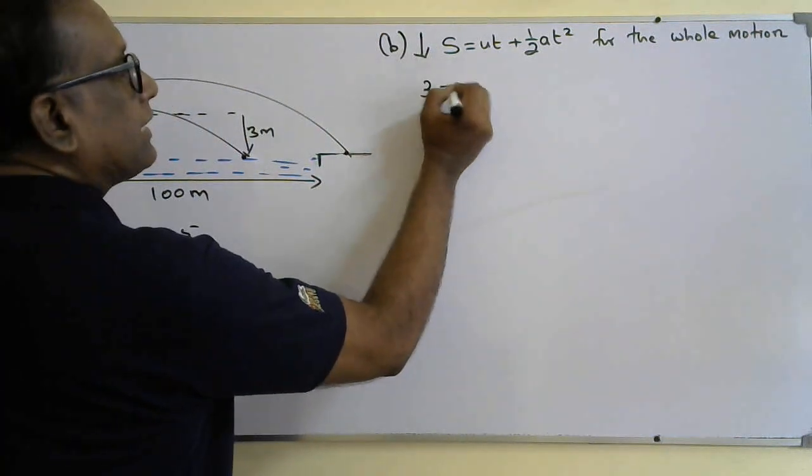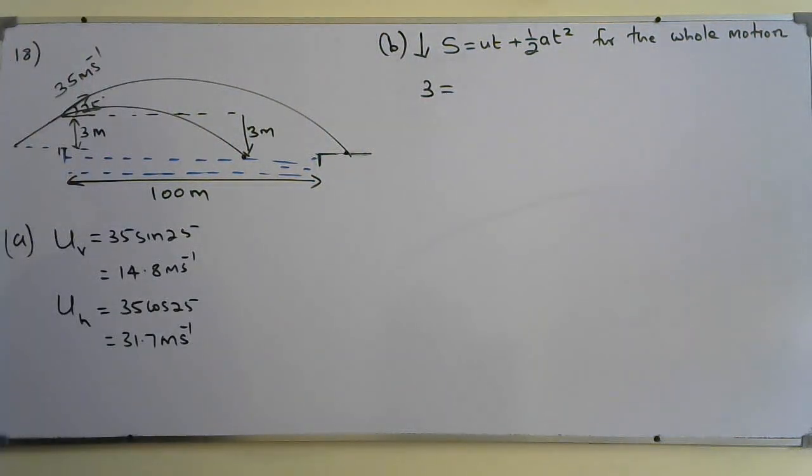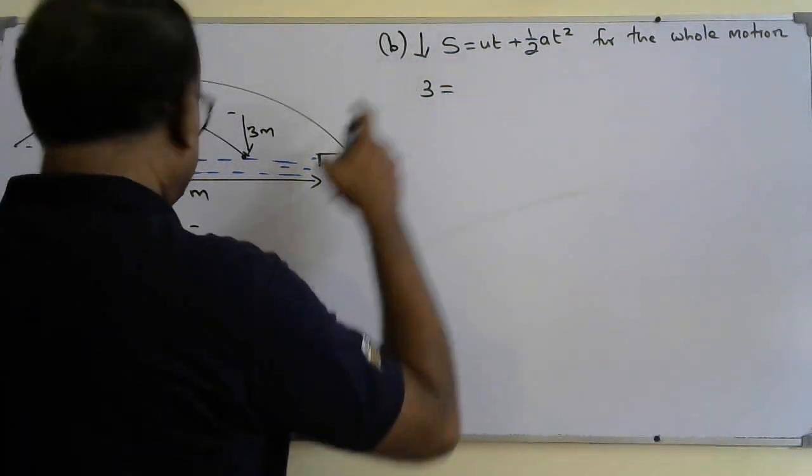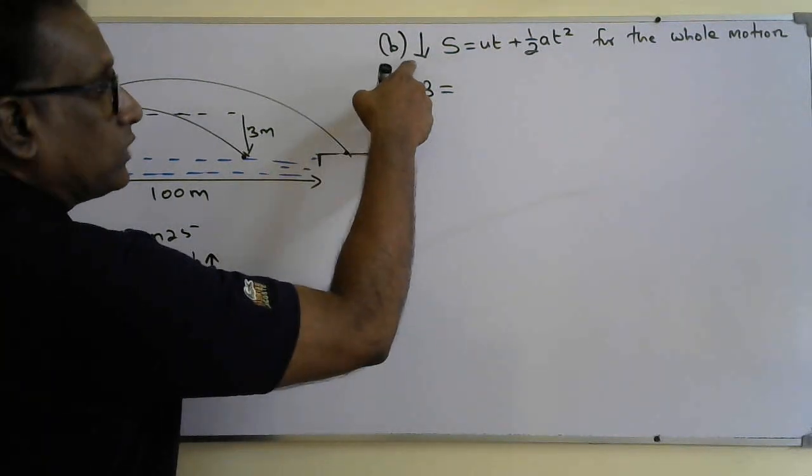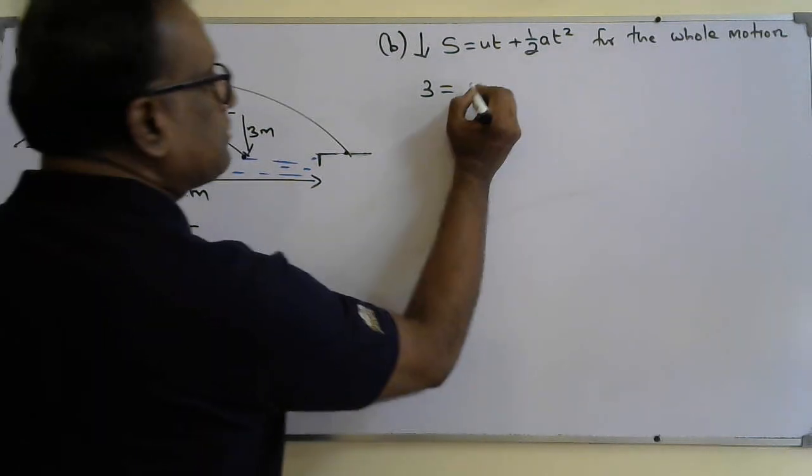So S is 3 meters, which is downward. Initial velocity vertically, I found it 14.8 meter per second. So that is upward direction. This is towards right. So I am taking downward direction positive. This is upward direction, means minus